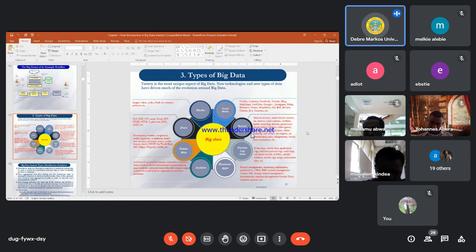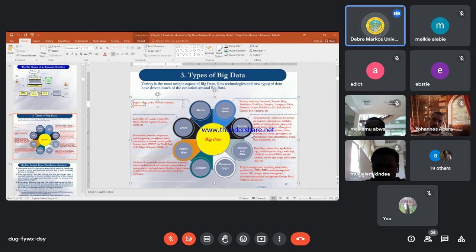There are a number of different types of data in big data. If we say big data, we are just talking about the analysis. There are different sources. For example, media and images can be used. These are very important, by the way, when we do our research.